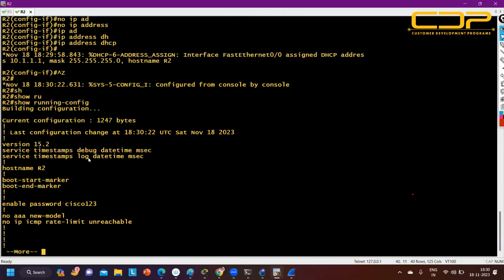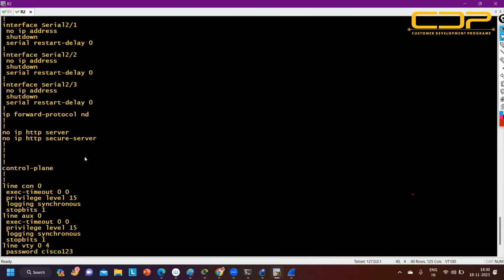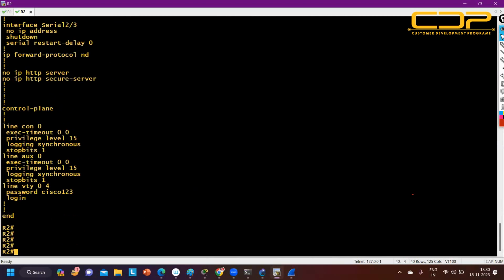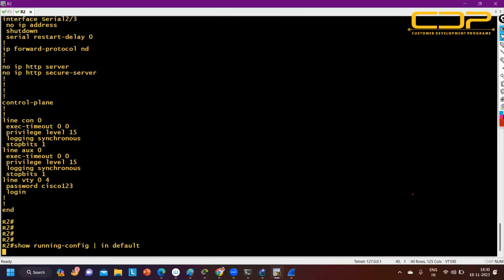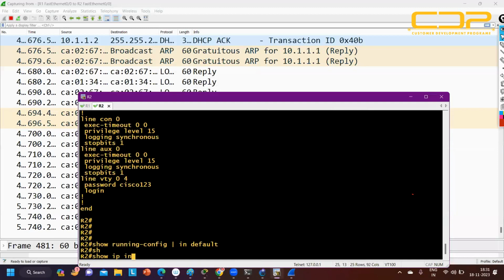IP default gateway should be somewhere. Say include default. Okay, we are not able to see it like this, but yes, this machine has got the DNS server IP address also, and an IP address on its interface also. So show ip interface brief, exclude unassigned. So you can see